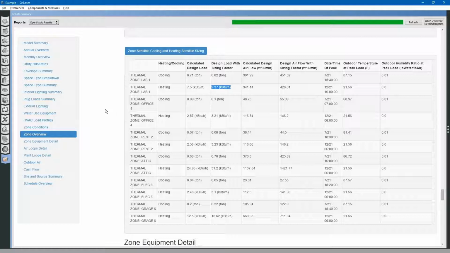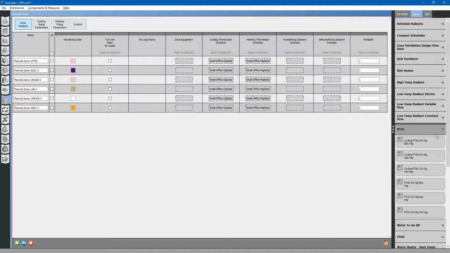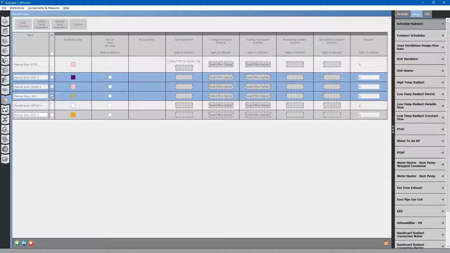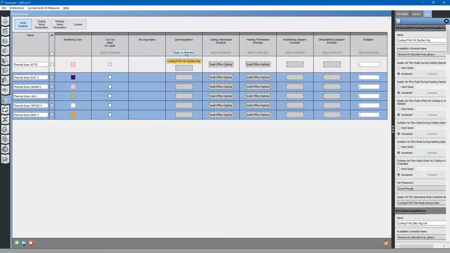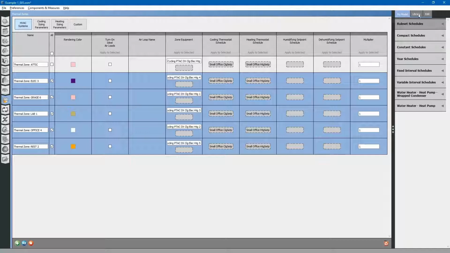If you want to do a quick and dirty design load calculation, what you can do is just go back to thermal zones, and we'll turn off ideal air loads for all of these, and you can just add a package terminal air conditioner for each of these zones. So we'll just add this as zone equipment, and we'll apply that to all of the other zones. Apply to selected. It created PTACs for each of the zones,